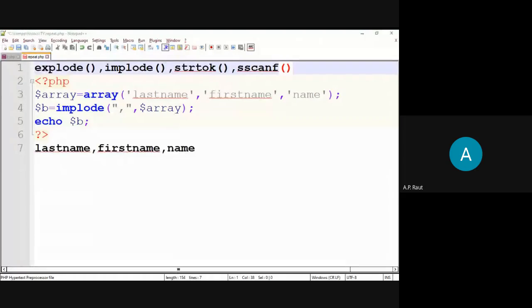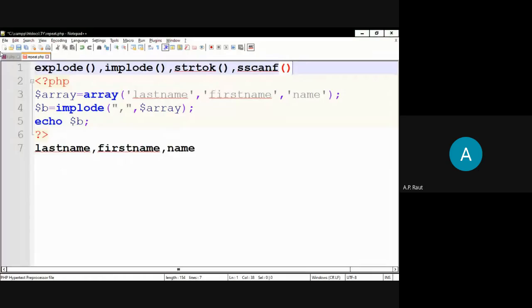Okay, so write down the first function, that is the explode function.